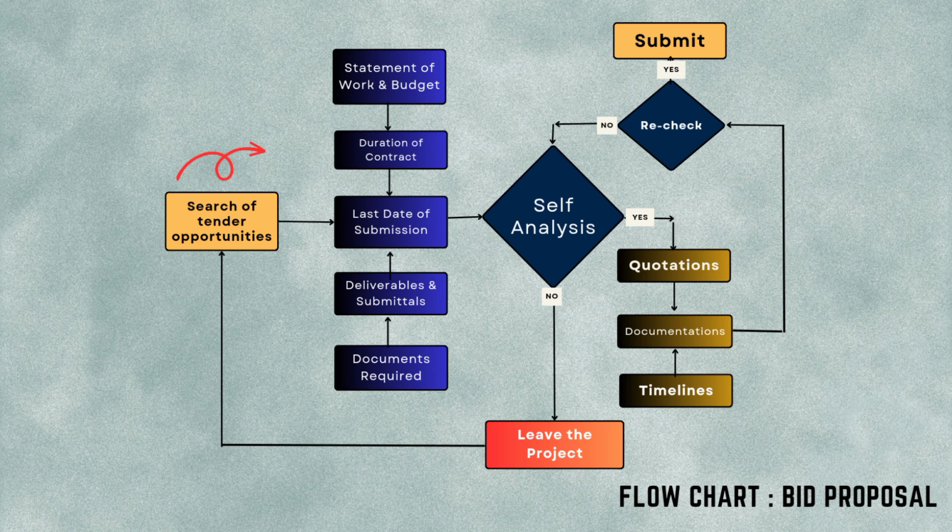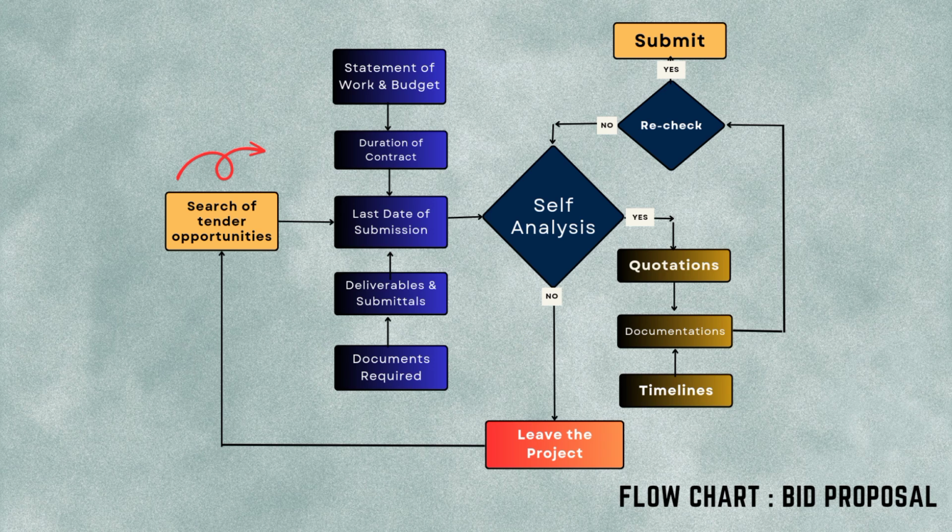After the complete checklist, we do self-analysis, whether by our side or by the company. It depends. Then if we are not able to do this project well in time or within the budget, then we leave the project,